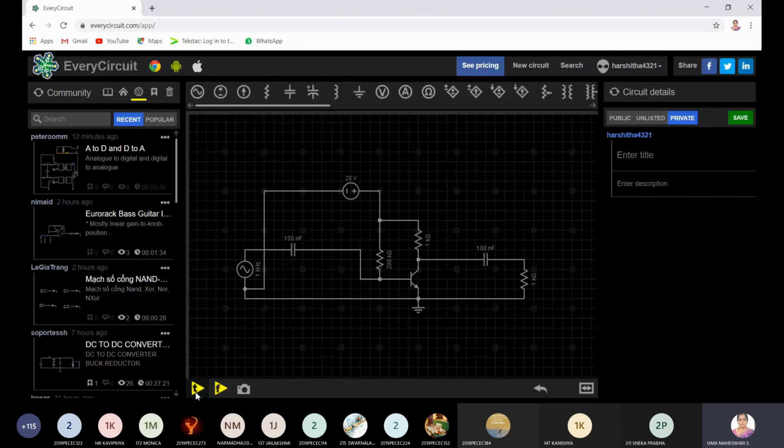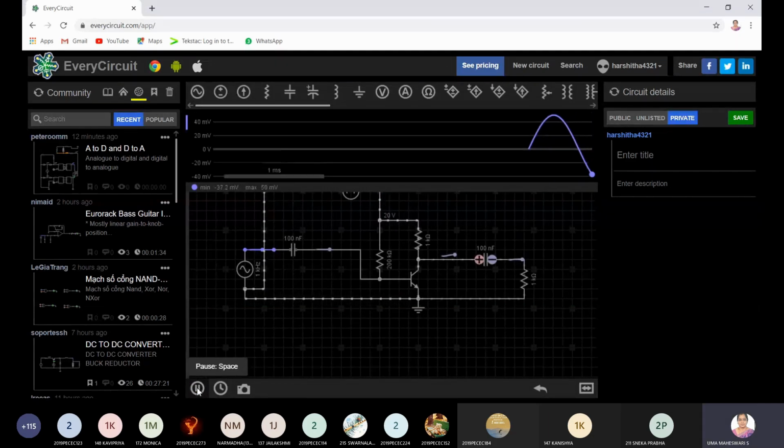Okay. So now I am going to do the analysis with respect to time. You have to click this, that means run transient, you will come. Okay. So first let me see the input waveform. So you keep a probe here. You have an I symbol. It means it's going to show the waveform. Now you run the transient.